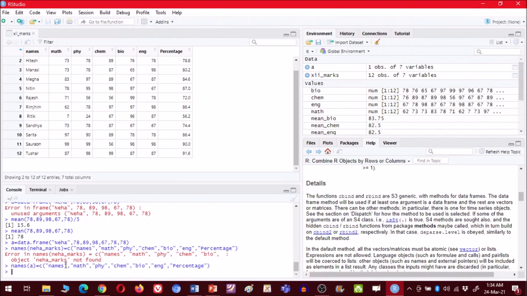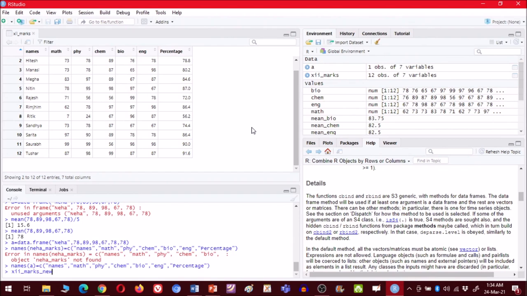Now we can create a new file in which we will club these two data. So how to create it? Write the name of the new file, so class 12th marks, and because this is a new file, let me write new.